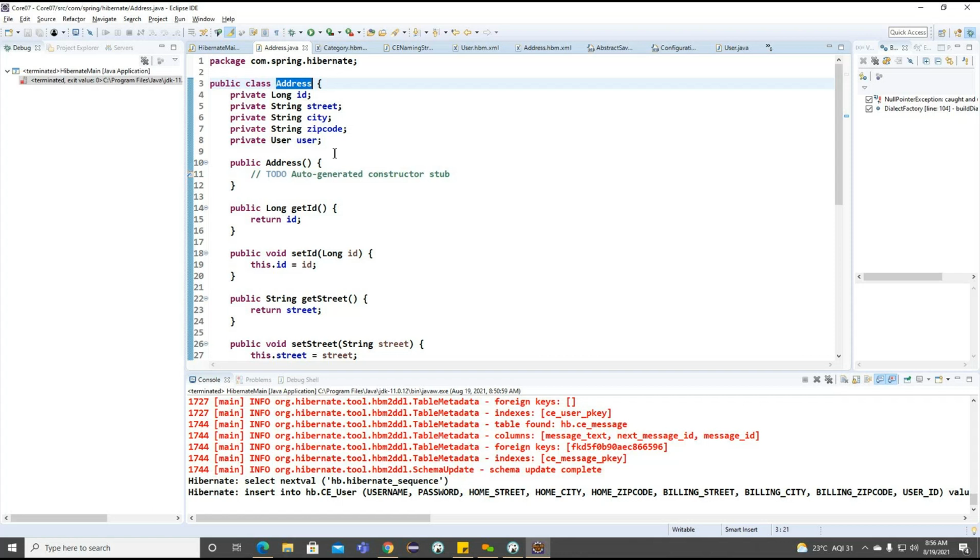This discriminator column, we need to define in our mapping document here. And one more, table per subclass. So how is table per subclass going to work here? For the inheritance relationship, the is-a relationship is going to work on the primary key, and the has-a relationship is going to work on the foreign key. Getting the point? So if you know the basic inheritance concept in core Java, you know how is-a relationship and has-a relationship work. The is-a relationship works on the primary key, and the has-a relationship works on the foreign key information here.